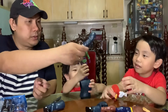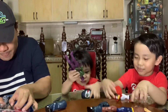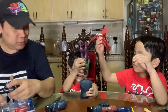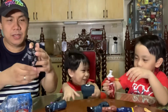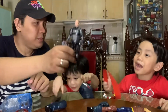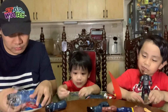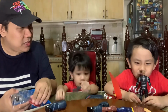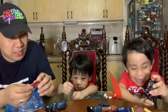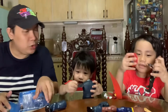Here you go. This is his. I want his shield. Wait. Daddy, look. They're going to fly. Okay, wait. Hold on. Yeah. I love Captain America from the game. And he doesn't have the mask like in the game. Yeah, he has an alternate head. Why does he look different? He doesn't even look like Captain America. He looks like Captain America from the game, not the one from the MCU. He looks like George Washington, not Chris Evans. Here you go. Chris Evans, the actor who played...